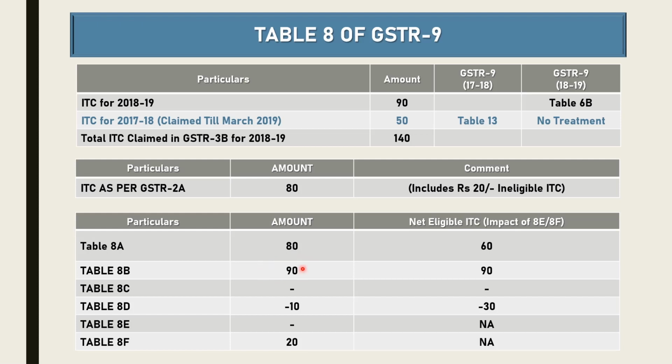Now this 140 would be containing ITC of 50 rupees of 1718, which I would be comparing with 80 rupees, which is purely pertaining to 1819